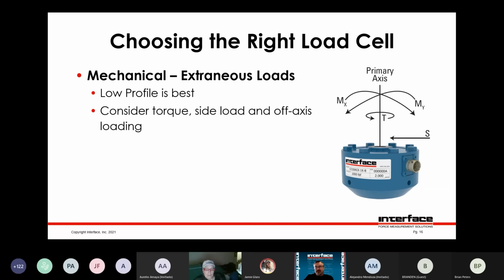Next slide. As I talked about, with say mounting to a thin plate, or if you're in a system where there may be some deflection, you can get bending, or misalignment can cause bending. You need to consider that, and it has a lot to do with mounting and how you mount the sensor. We're trying to avoid bending moments, torque, or side loading into the system. Those can be damaging. They can also cause errors in your measurement, so they need to be considered.